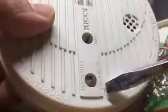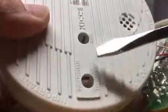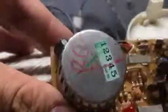Now, on the front here, it says push and hold to test weekly. Weekly. Test this thing weekly. Haha. And then the hush button. So, each one of those contacts one of these. This one would be the press and hold to test. This one would be the hush. And so there's a connection made between those 2